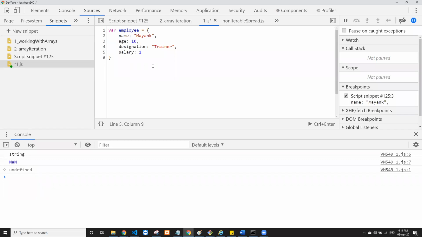What I'm saying is I have an entity in the real world, which is my employee. Let's say the first employee of my company has a certain name, age, designation, salary. With time, I might recruit a second employee. So he's also an object, and again contains some properties. So this is a second employee object.